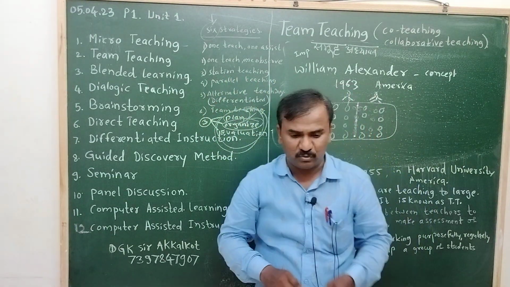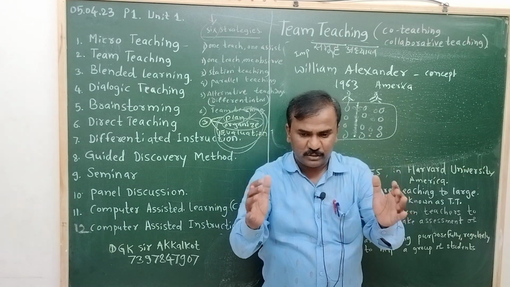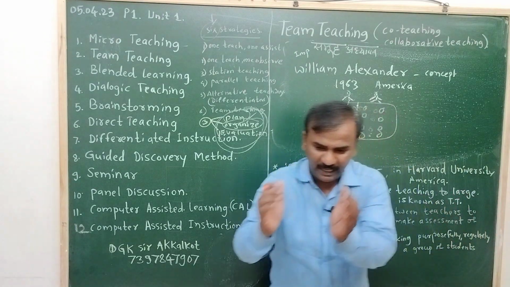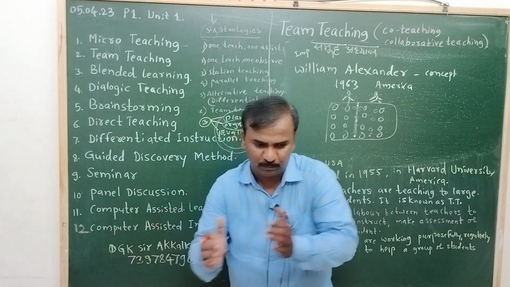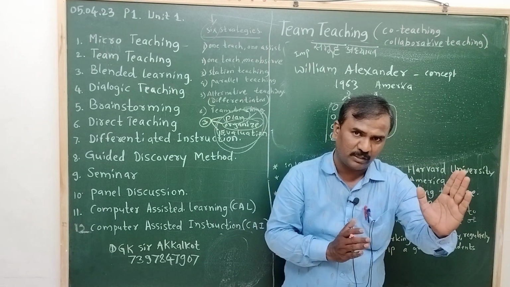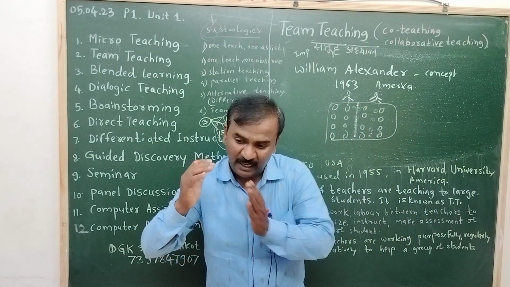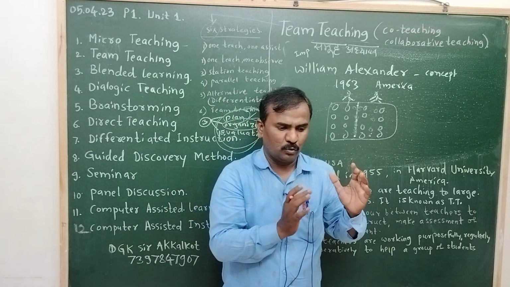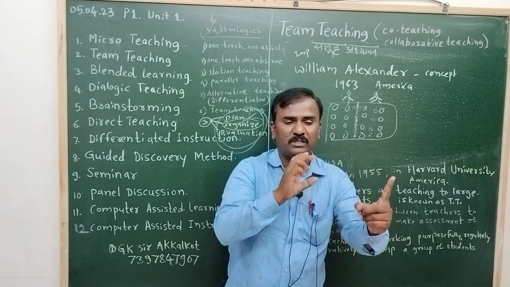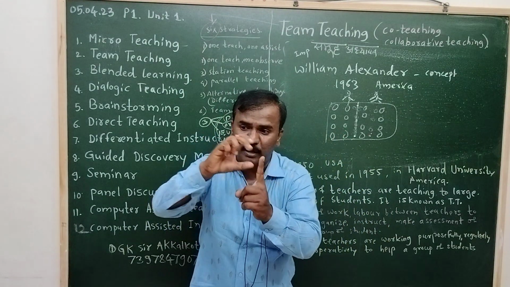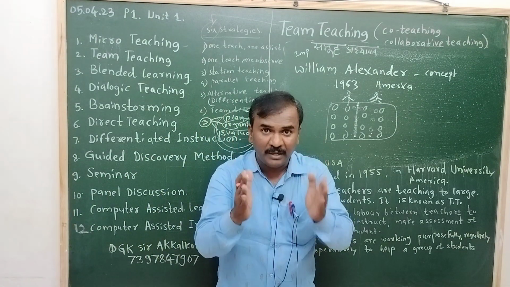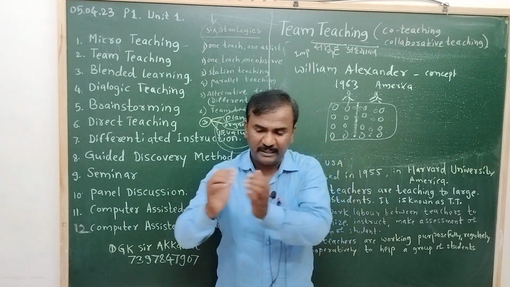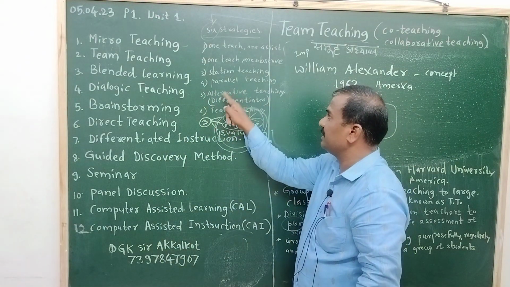Another group comes. In this way, this rotation of teaching is known as station teaching. Then parallel teaching means what? In one classroom, suppose 50 students are there. Two teachers come, one teacher takes 25 students, one group, another teacher takes the other 25 students. One teacher is teaching one subject to this group. Another teacher is teaching the other group the same subject. Suppose he is teaching one poem. One teacher tells the same poem to this group, another teacher tells the same poem to that group. In one period, in one classroom, they divide the class into one group and that group. That is known as parallel teaching.